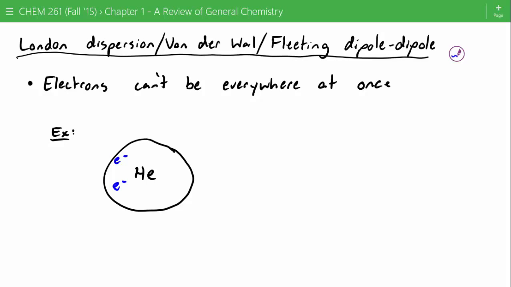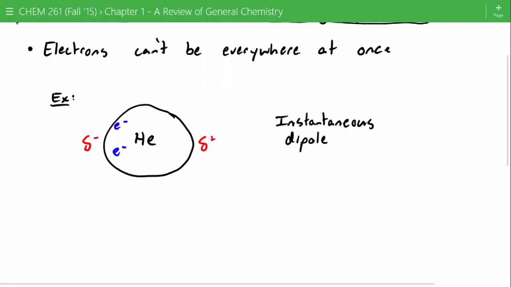Does this have a dipole? Yeah, at one instantaneous moment in time, there is a dipole, meaning this side of the helium atom is more electron rich, and this side is more electron poor. So we just call this a momentary or instantaneous dipole. So what can happen